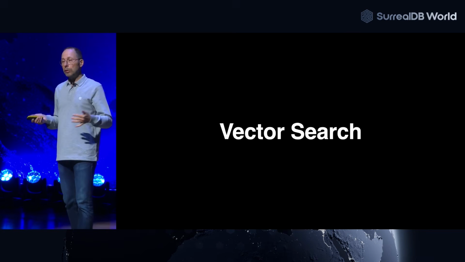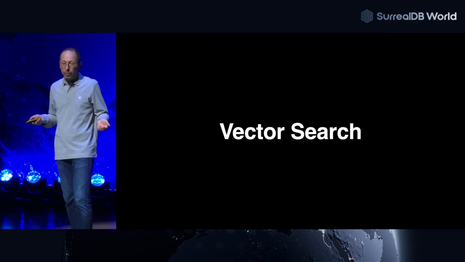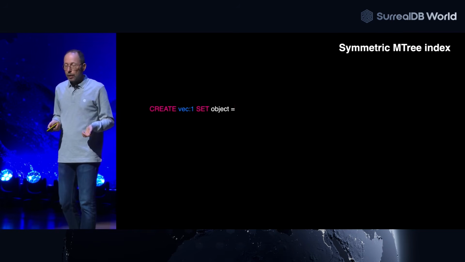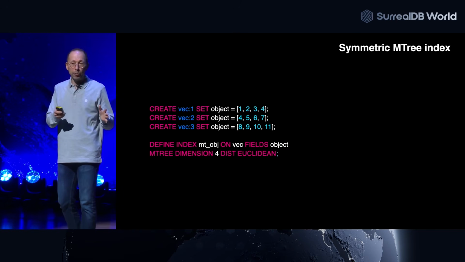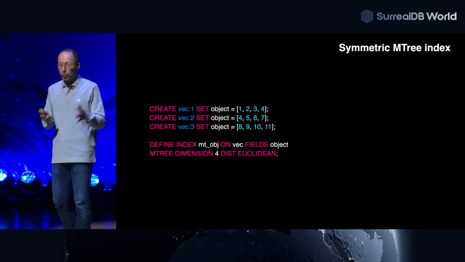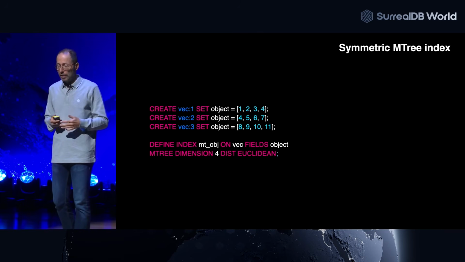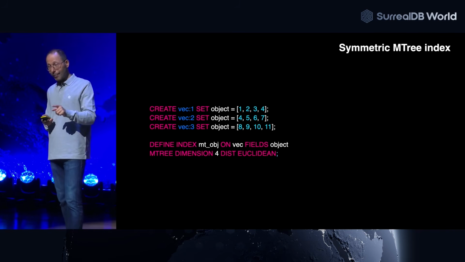Okay, so how is it related to index? Once you have vectors in the database, then we want to query them, right? So to query them, we now have a vector search. So what do we do? We have implemented a new kind of index based on a scientific paper called symmetric M-tree. If you have a look at the scientific paper, you will see that it's exactly what we have implemented. And remember, SurrealDB, the source code is on GitHub, right? So you can have a look and see if we did it right. Recently in Lucene, they did it wrong. Yeah, anyway.